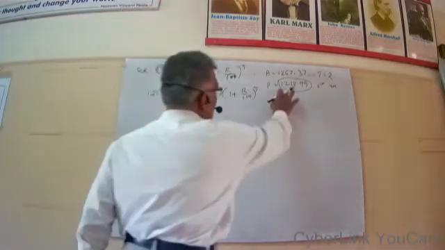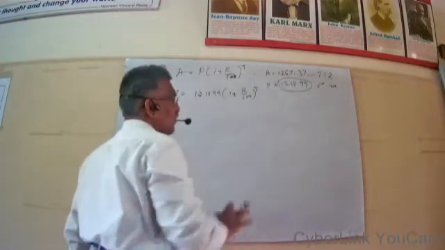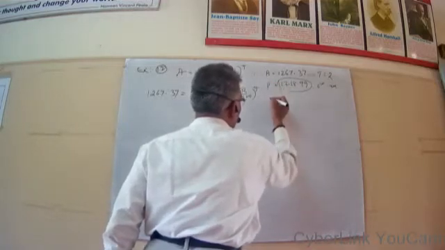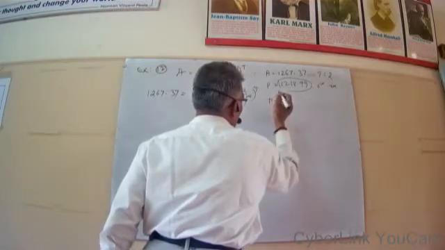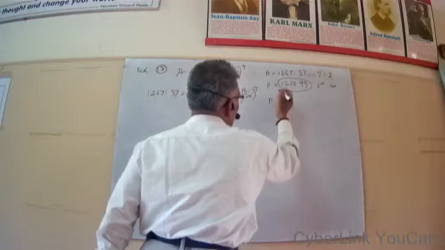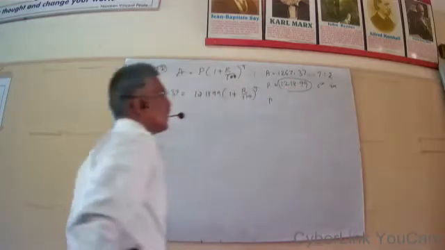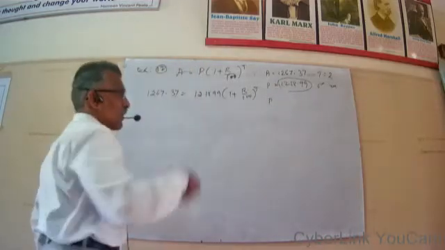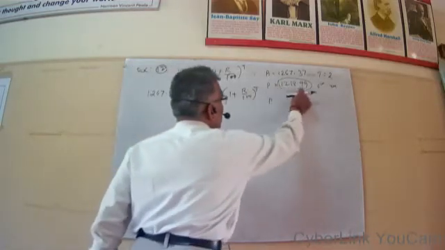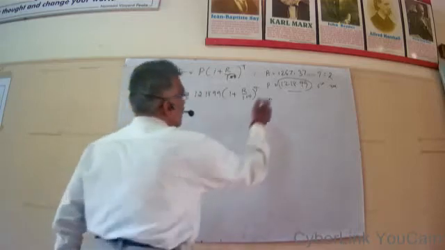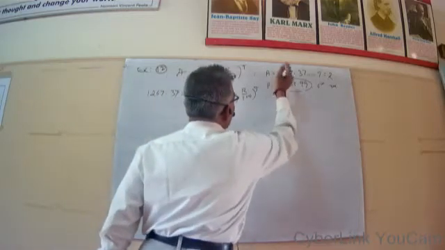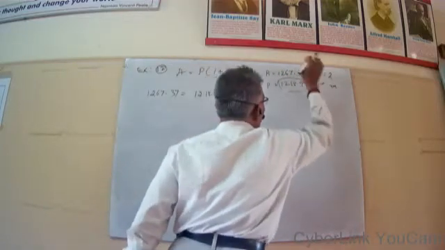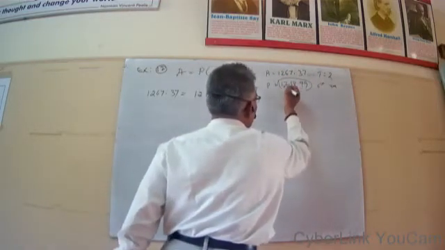A sum of money amounts to this amount for 5 years, and this much for 7 years. So for 5 years this is actually A. We don't know the sum, but after 5 years the amount becomes this. So for the 6th year, this becomes the principal amount, and this is the amount after 7 years. So the difference is 2 years.